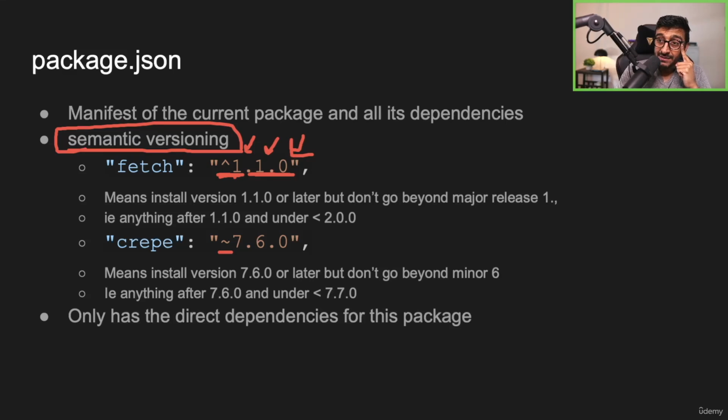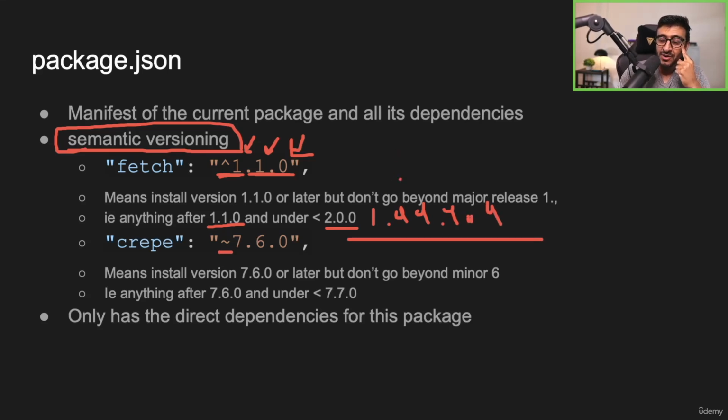In this particular case, if I say fetch caret 1.1.0, it means I can use this from version 1.1.0 up until right before 2.0.0, i.e. anything like 1.99.99 forever, essentially.